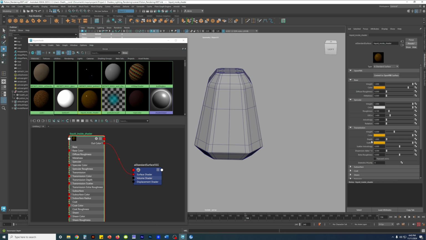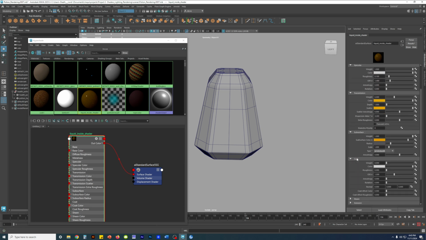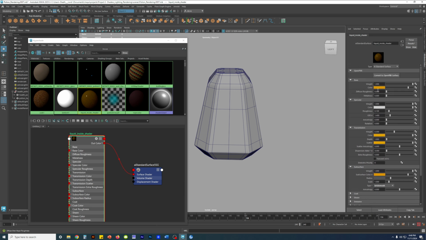Okay, you will notice this. So this is an orange juice shader, but you notice that specific things have an orange color, including the subsurface. So whatever color you want your potion color to be, the liquid potion, you change all of these to match that color. So for example, let's say I want it to be